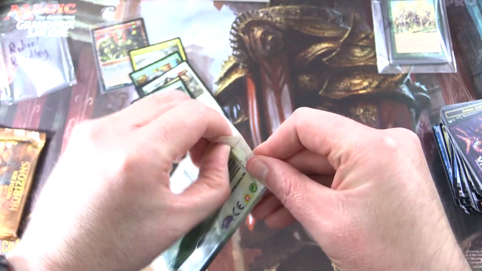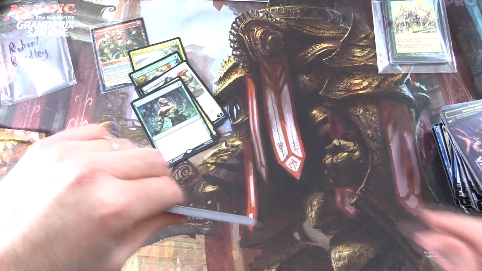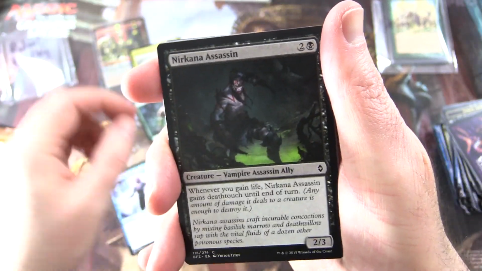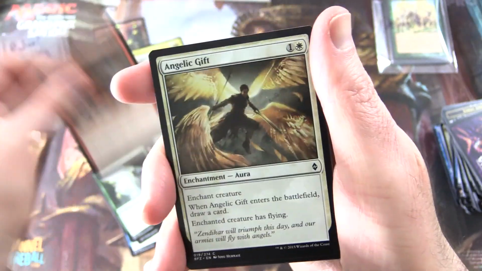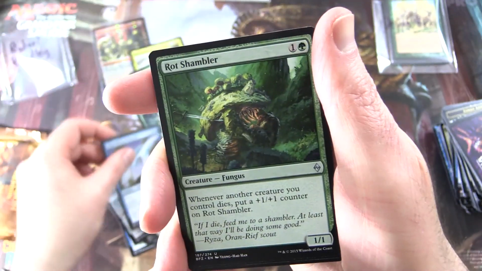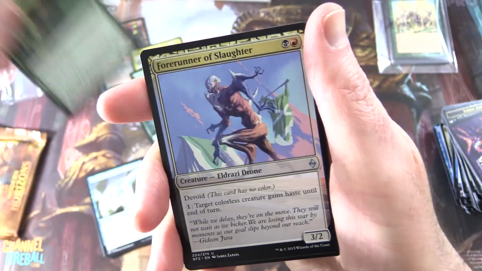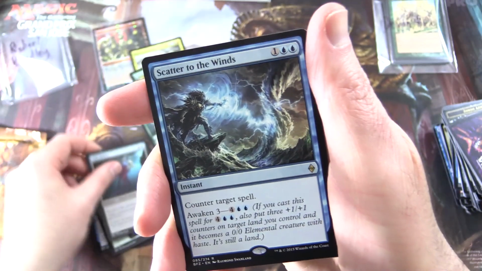Alright, BFZ. Please don't hose us yet again. Does not have a good track record, unfortunately. We have Brilliant Spectrum, Nikana Assassin, Seek the Wilds, Volcanic Upheaval, Angelic Gift, Looming Spires, Grave Birthing, Eyeless Watcher, Eldrazi Devastator, Wavewing Elemental, Rot Shambler, Creature Fungus, okay, for the uncommons, Forerunner of Slaughter, Tide Drifter, and the rare is